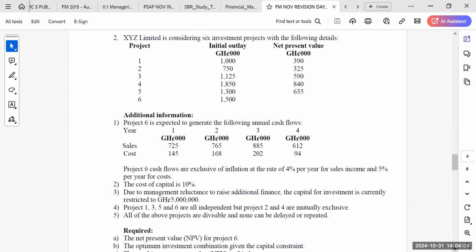Okay. XYZ is considering 6 investment projects with the following details. So we have the projects from year 1 to 6, the initial outlay, and then we have the net present value. Additional information: Project 6 is expected to generate the following annual cash